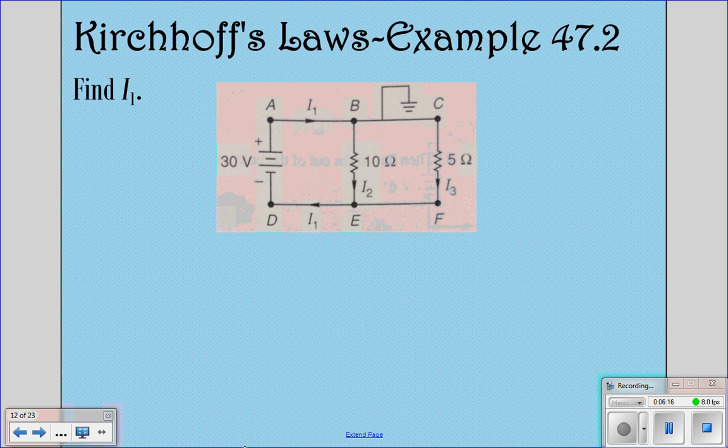So on this one, we have points A, B, and C are 30 volts higher than points D, E, and F. And so the potential at B is going to be 30 volts higher than the potential at E. And so we need to find I sub 2 first. The way we're going to find I sub 2